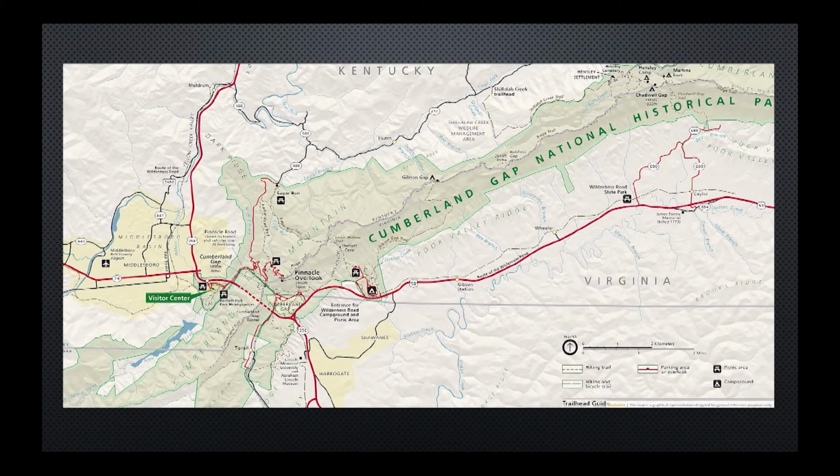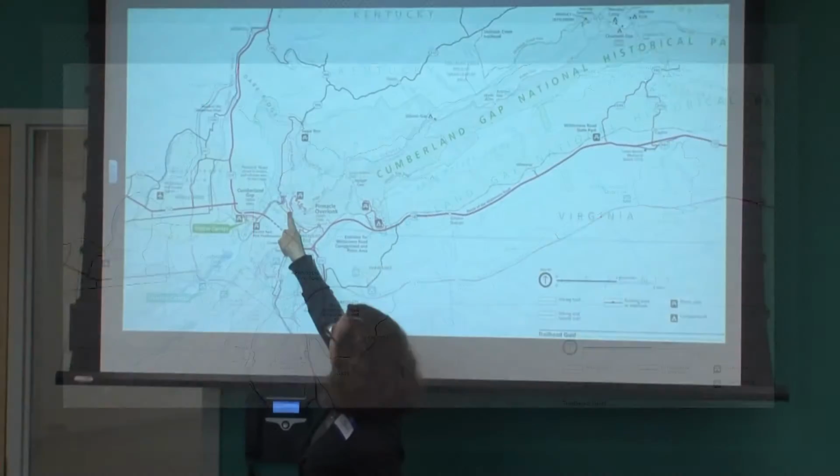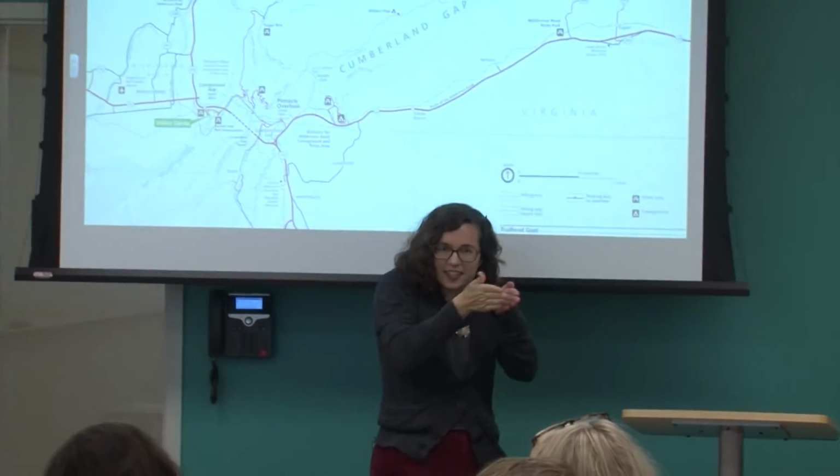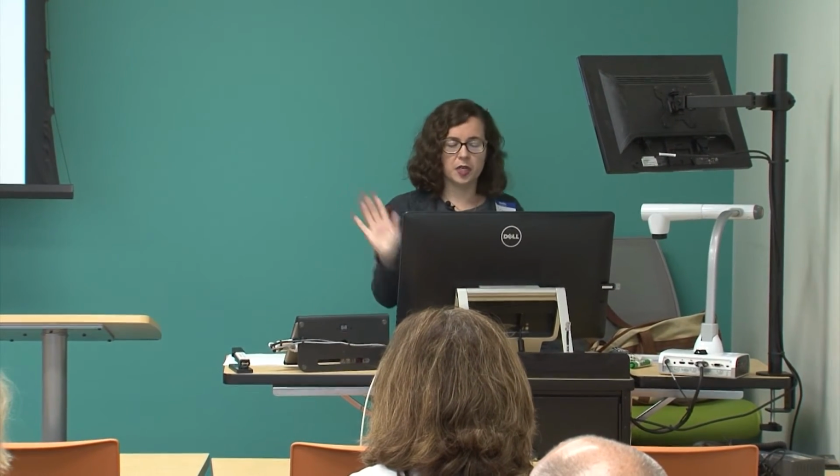Now, oh yes, here is another look. There are so many of these, of course. These are meant to be driving maps also when you are at the park, and so that's another reason they have these modern routes on them, and you can actually drive part of the route, which is pretty cool. The green shaded part is the part set aside to be the park, so you can see it follows the ridge line. It's funny because you can see that when the railroad comes in later, the railroad, of course, has to go through here. That's the green line. So everything has to kind of fit in this tiny little gap right there. And it becomes very strategic during the Civil War, of course, but we're not going to talk about that right now.